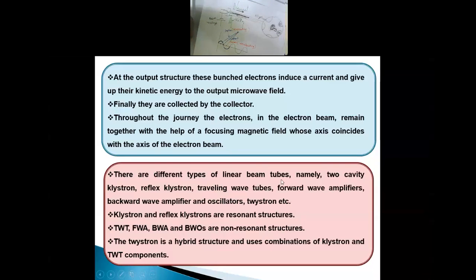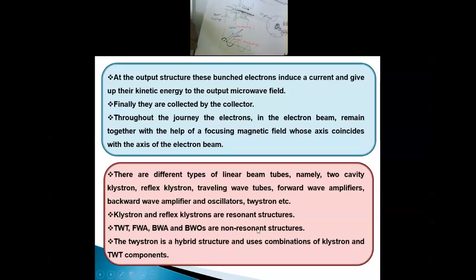There are different types of linear beam tubes: two cavity klystron, reflex klystron, traveling wave tubes, forward wave amplifier, backward wave amplifier, and oscillators. The types of linear beam tubes depend upon what type of resonance structure they use. Klystron and reflex klystron use a cavity as a resonance structure, and here the forward wave amplifier, backward wave amplifier, and backward wave oscillator